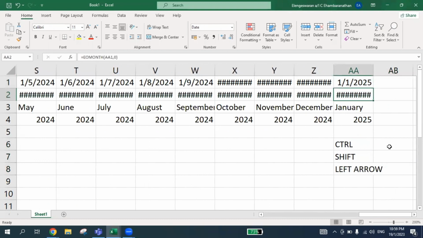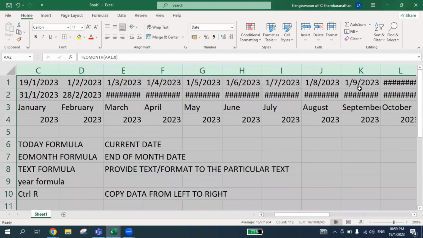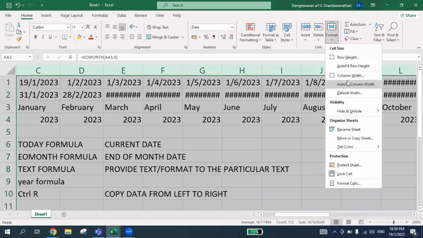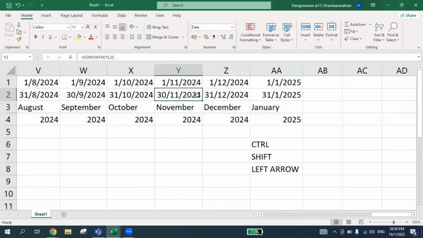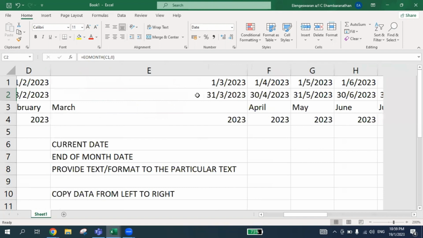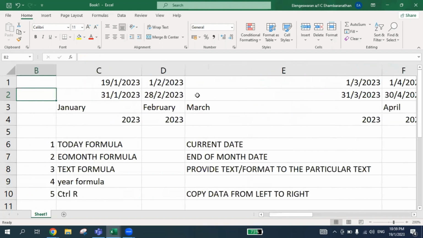And of course, I do understand there's a lot of hash tags. So what you can do is highlight your data and use auto fit column width. And there you go. So within less than 5 minutes, you can build your template on a monthly basis. If you understand or have learned something new, maybe